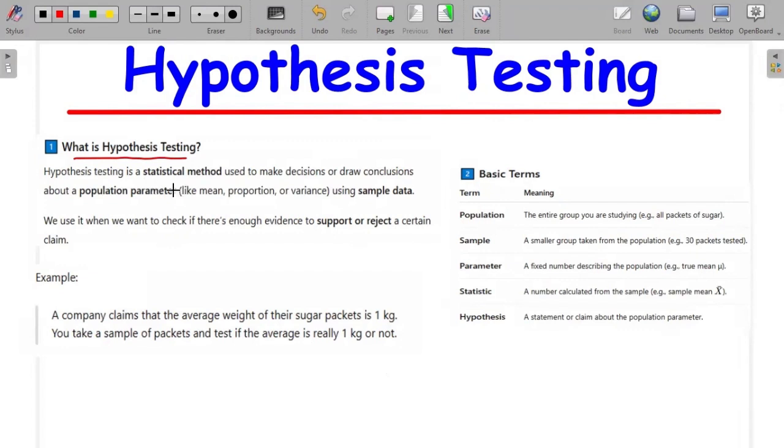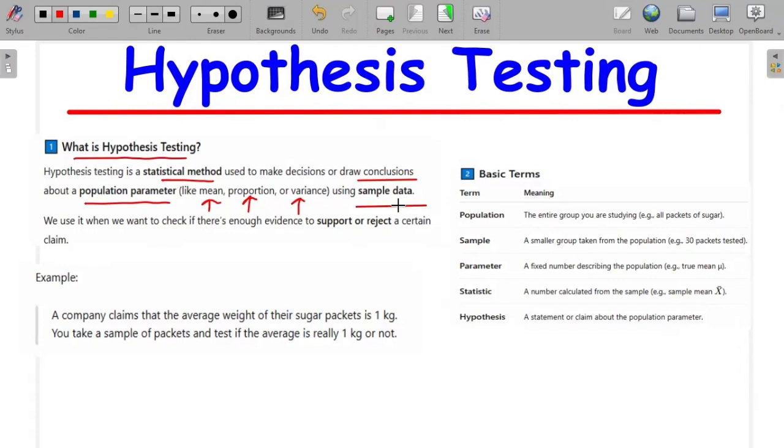By definition, you're going to say hypothesis testing is a statistical method that we use to make decisions or to draw conclusions about a population parameter. A population parameter could be the mean, proportions, or the variance. These are conclusions that we make about a population parameter. We are going to be using the sample data that we're given, because it's easier to work with the sample,